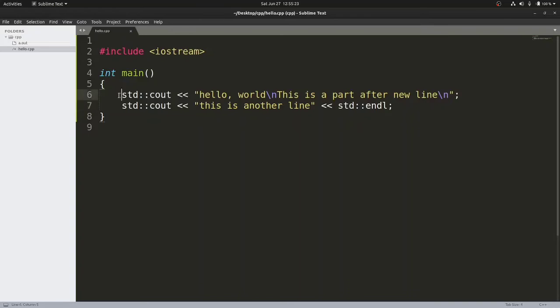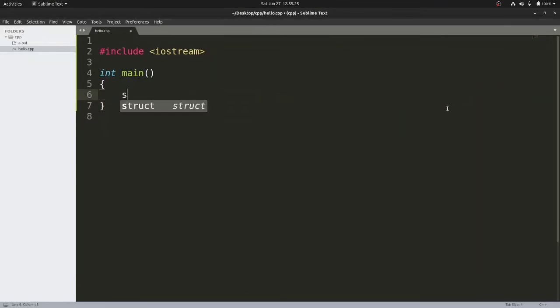Let me demonstrate. If I print out something, let's say this is the insertion operator, and this is a string. I told you that whatever you write under the double quotes is called a string, and each individual letter that you are seeing is called a character. Like this I is a character, this S is a character, and then this space is also a character, right?